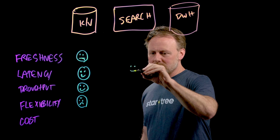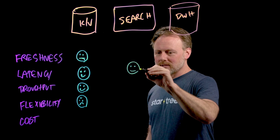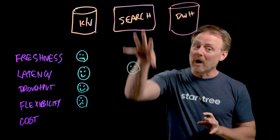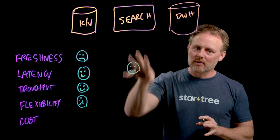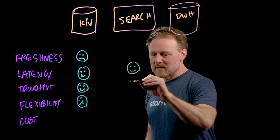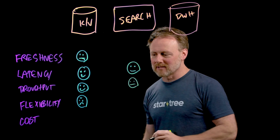You might have decent latency. That's not like a super joyful smile there, but that's why you would consider using your existing search infrastructure, because you think the latency can get you there. Not sure about throughput. That's going to be a little